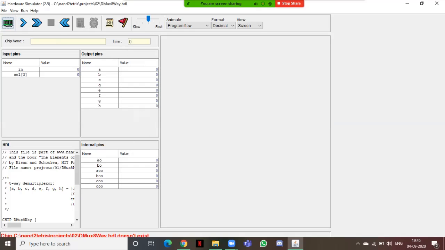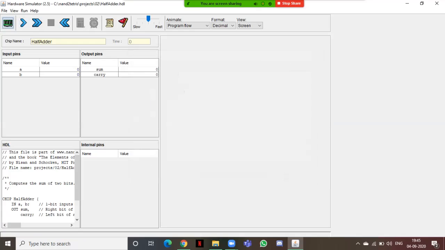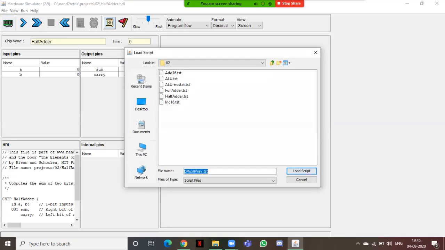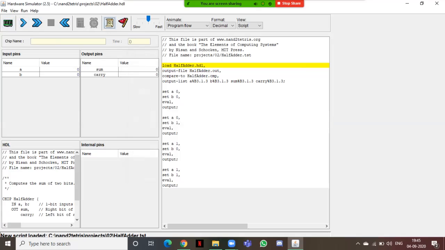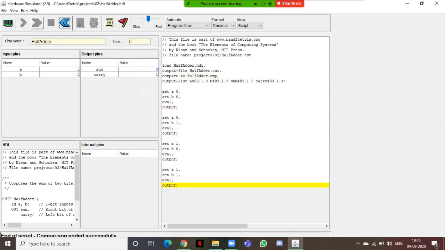I'll load the HDL script for the half adder, and I'll run my code. And it went perfectly.